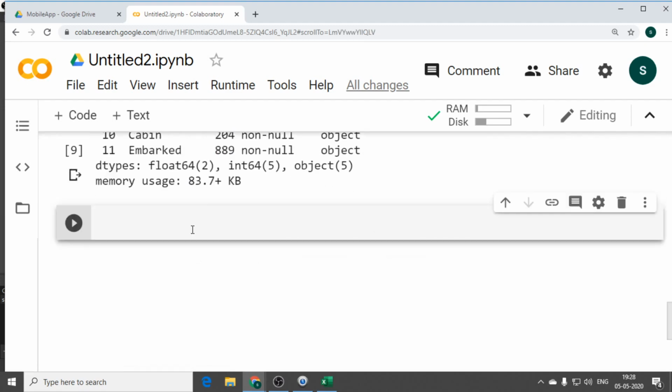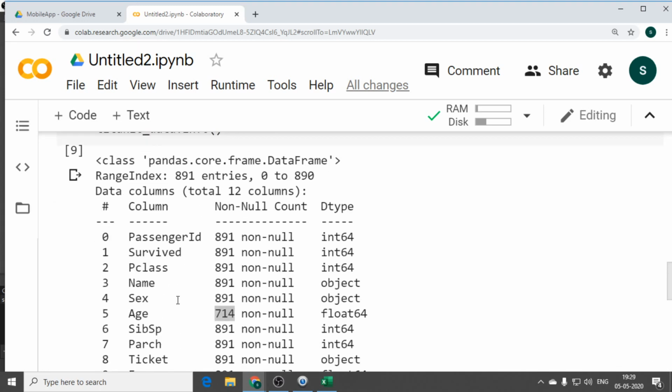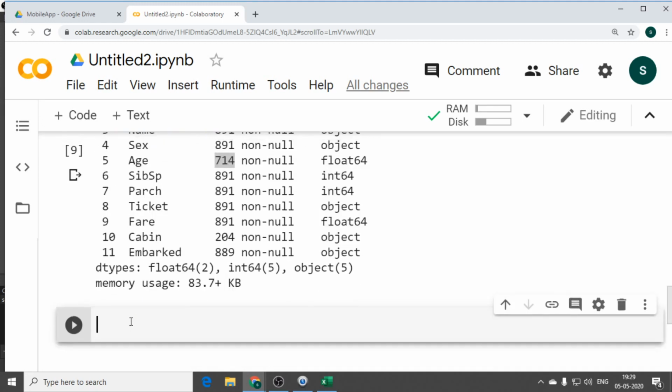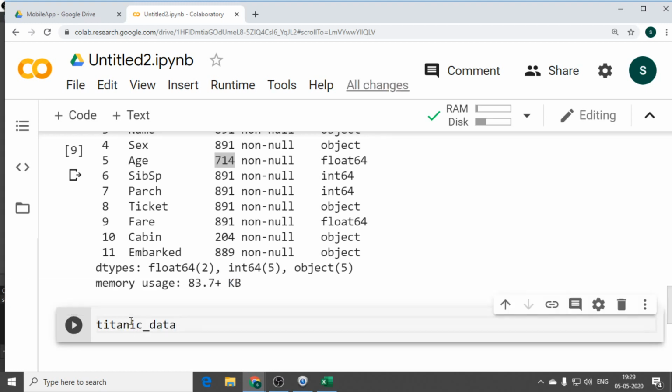So once you have seen the information, then we need to go for data cleansing, right? I can see a large number of missing values are present in cabin. So what I need to do there is drop it, because cabin is not at all useful for me. Cabin means which cabin they are traveling in, so that is not needed for me.